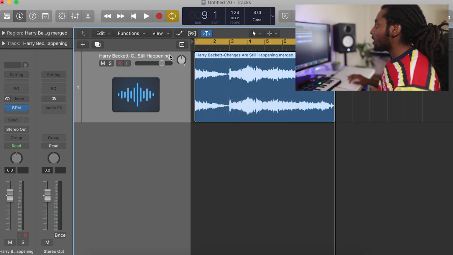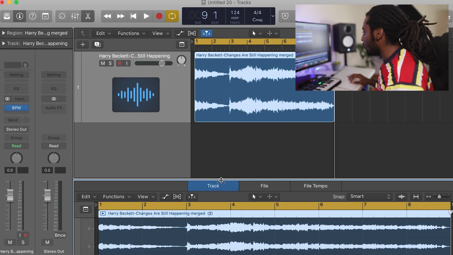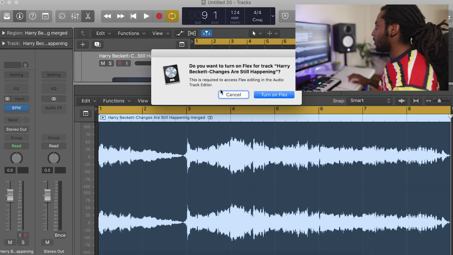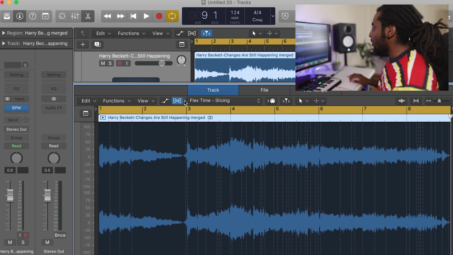I think I'm hearing like a flute or a saxophone that's the top line, then it's got some chords in the background. I'm going to try and separate out the instruments so I can build the track like that. One way we can do this is double clicking on that audio file and using flex pitching, which is this button right here. So I'm just going to click that, turn on flex, and I'm going to change the